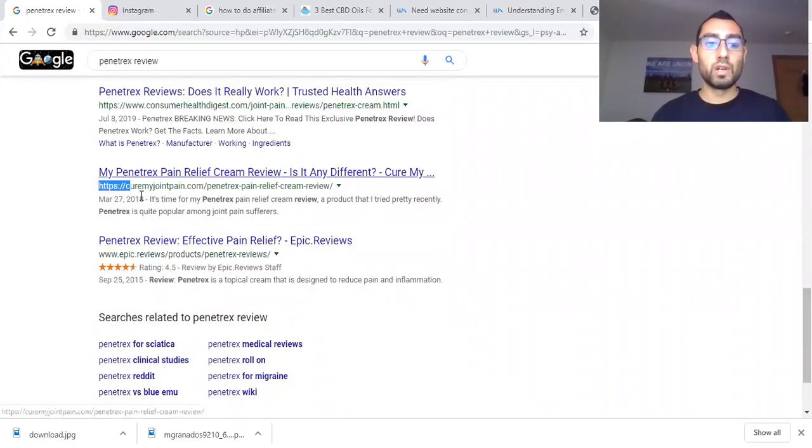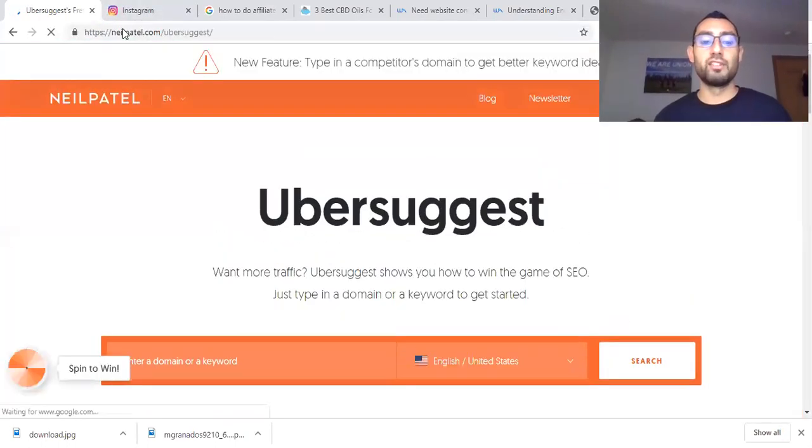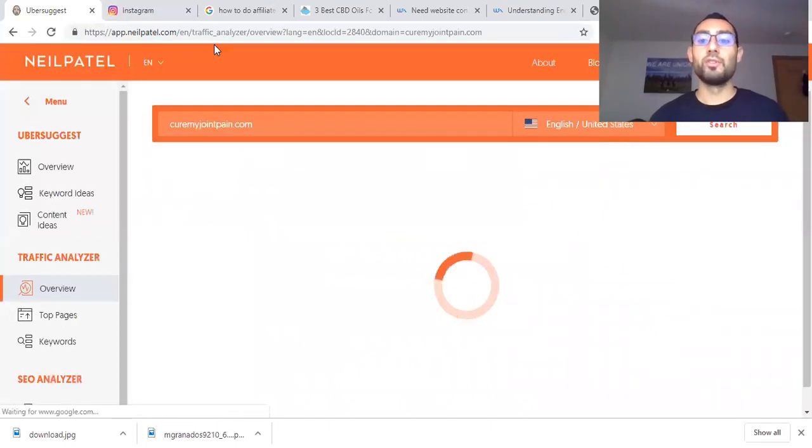So I'm going to take every single one of them from top to bottom, and I'm going to go over to Ubersuggest. You can write these down. You can put them in an Excel spreadsheet, whichever way you feel works best for you, and then Control-V paste there. This is Ubersuggest, so it's another keyword research tool that will allow you to see what keywords your competitors